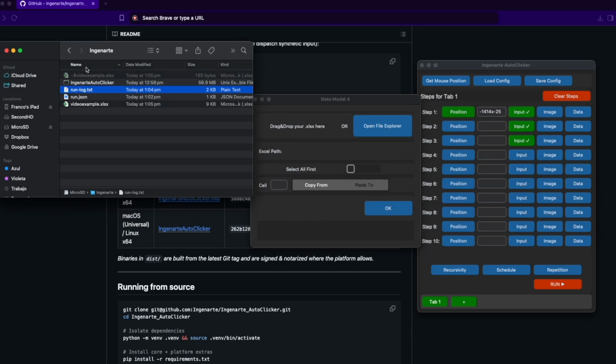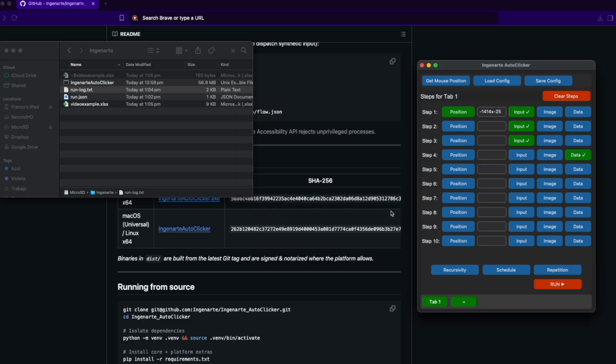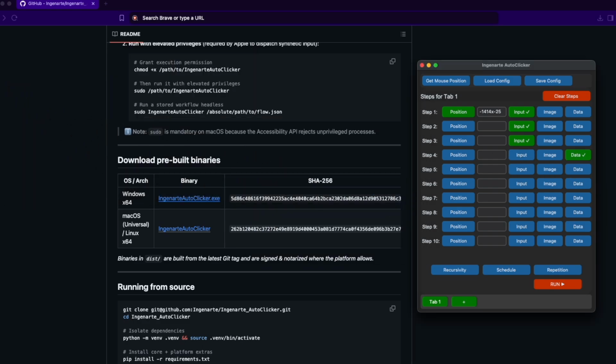I have the Excel file here. In this case, I will drop it. If not, we can use this one to open the File Explorer or Finder or the Explorer in Windows. And we are going to copy from D1, okay? We are going to copy, yes, from D1. And then what we have to do, guys, we have to paste it. We should have already